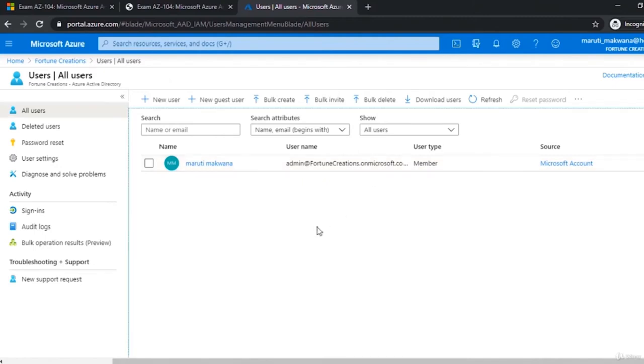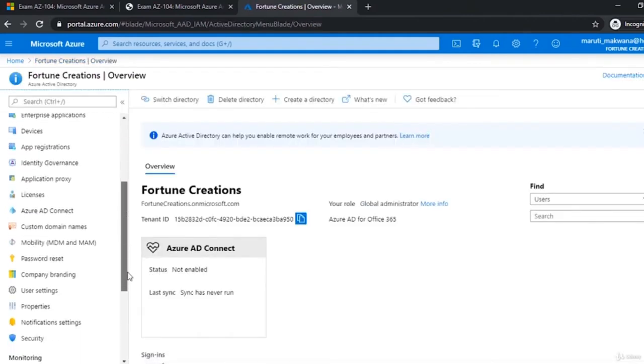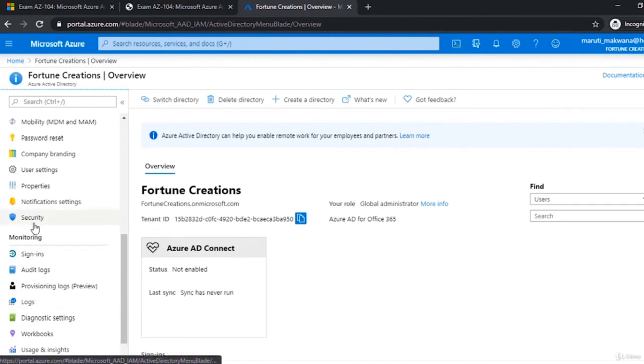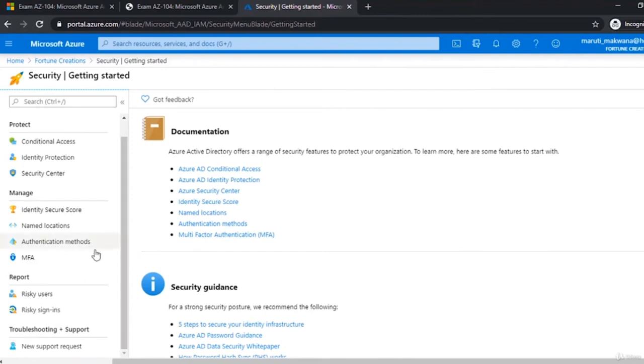Before I proceed, I just want to enable multi-factor authentication for this particular account. To do this, I first go to my AD, and on the left side we have a security section. If we click on security, inside that we will have an option for multi-factor authentication.